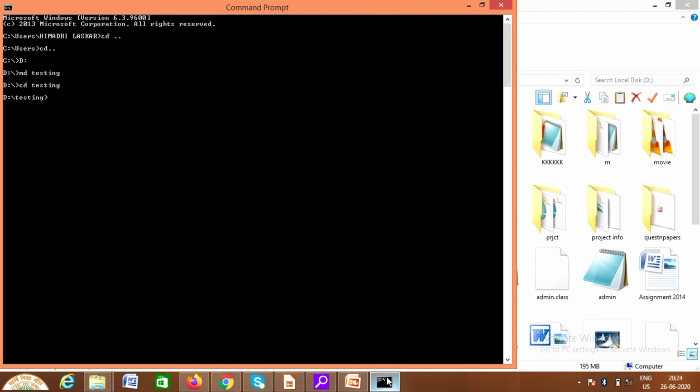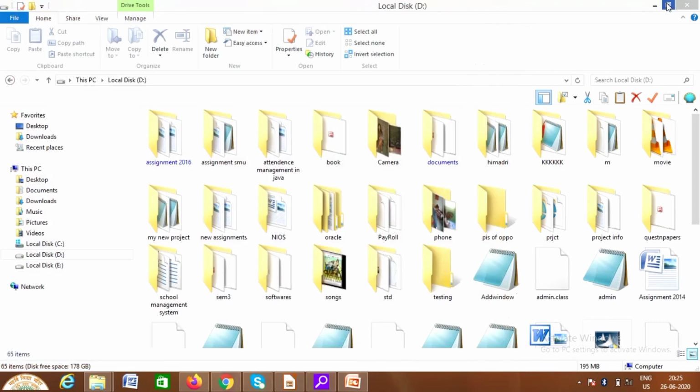All right, so this is about interfaces, and these are the differences between the graphical user interface and the command line interface. Okay, so students, I hope that you have understood properly.